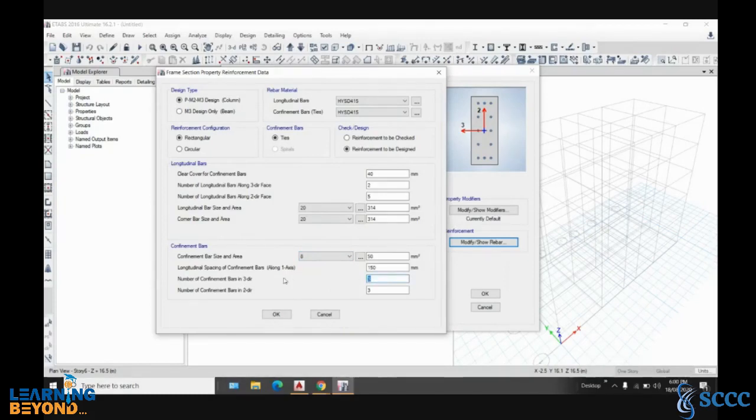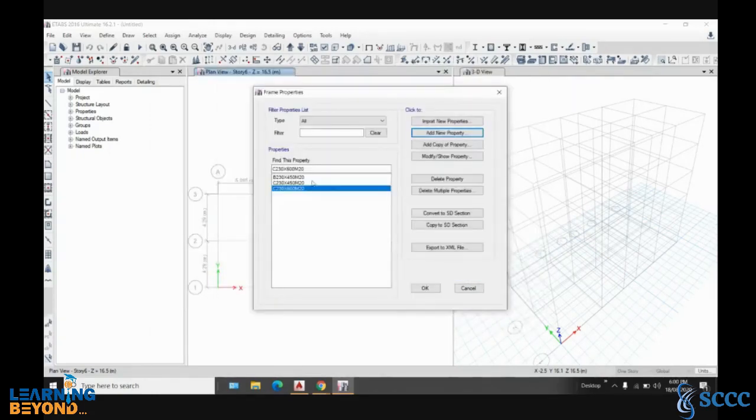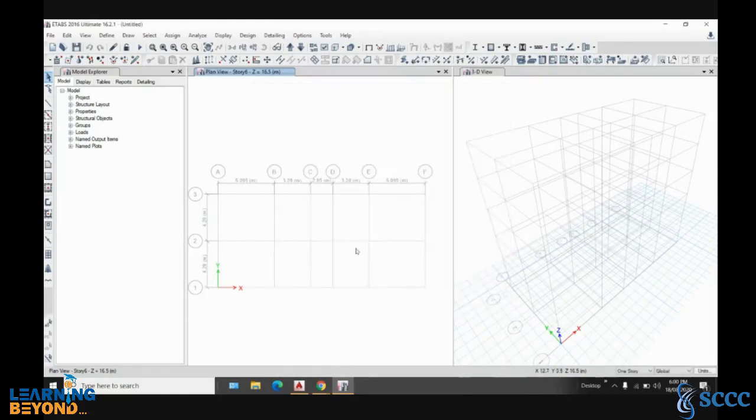Then in 3 direction, again it will be 5, and this will be 2, and click OK. Okay. Now we have created a beam property and a column property.